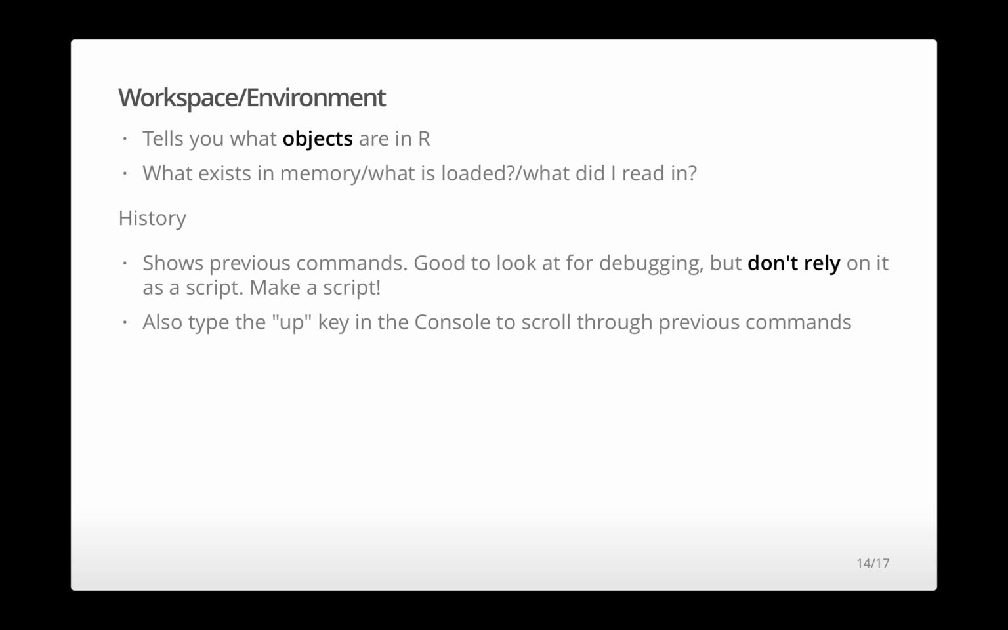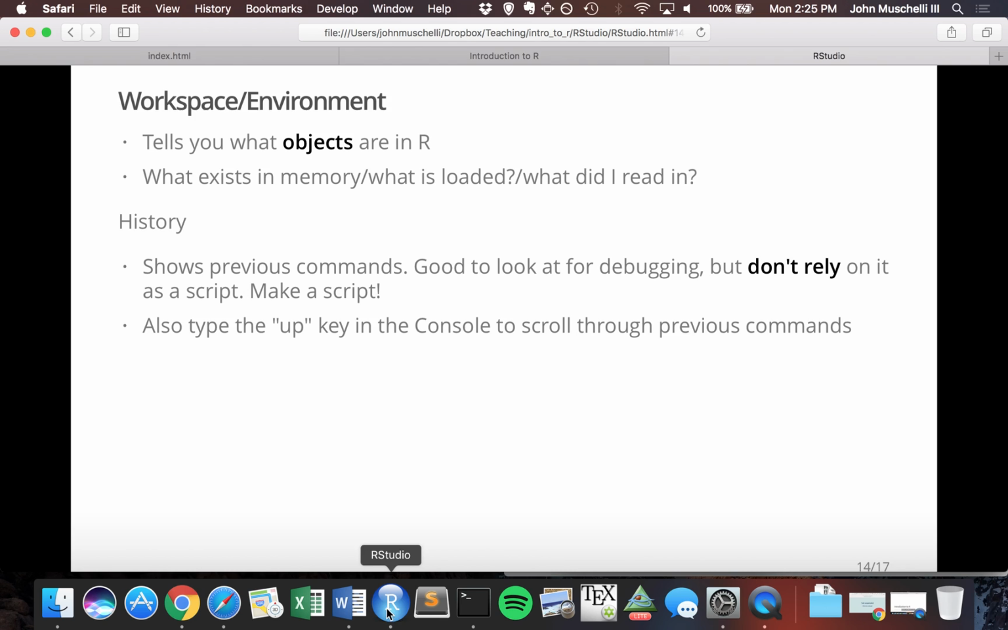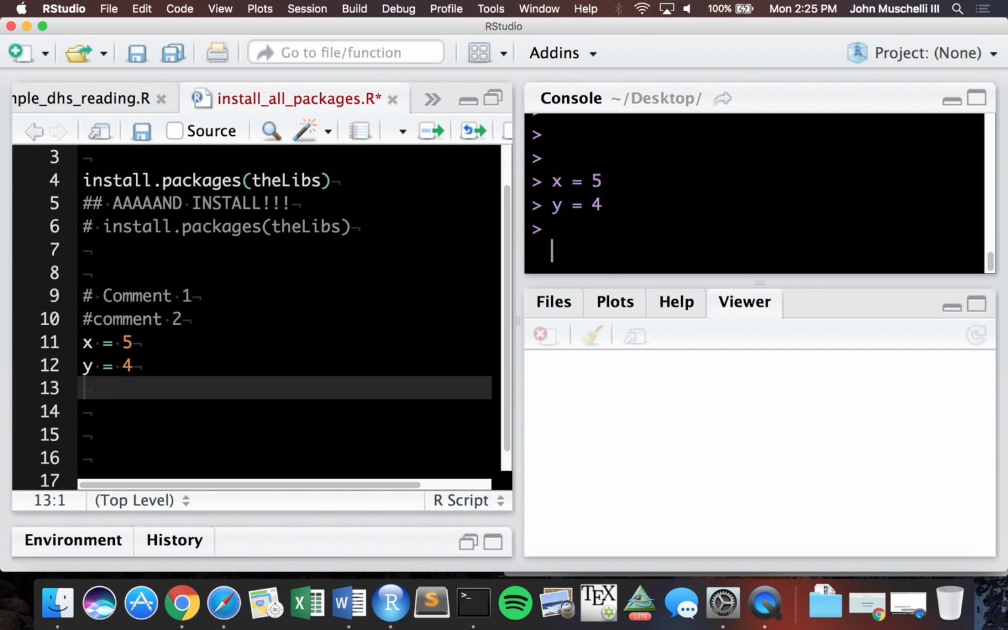History, these are the previous commands you ran. It's pretty good to look at for debugging, but again, don't rely on it as a script. You can highlight the things and then make it into a script, which I will show you in a second. Again, you can also just type the up key when you're in the console and look at the previous commands. If I'm just on the console, I just go up, and it'll scroll through. I think I didn't run much. Z equals 4, R equals 2. If I just go up, it'll scroll through the previous commands. If I look at my history,